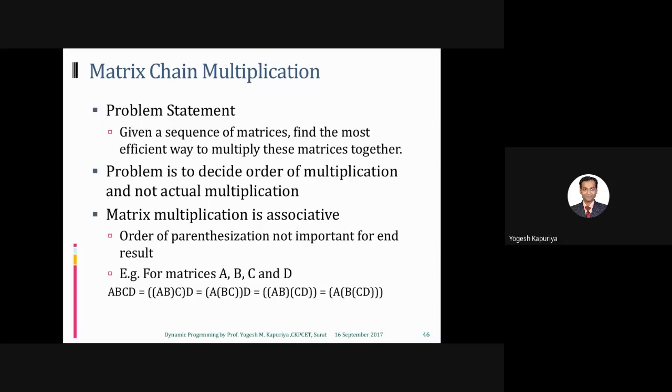So let us first discuss what the problem statement is. This is basically known as the matrix chain multiplication problem. As we know, you are all aware of matrix, you are all aware of multiplication, and we know that matrix multiplication is computationally very high. That means the time complexity of matrix multiplication is on the higher side. But here it's not just multiplying two matrices, it's a chain of matrices.